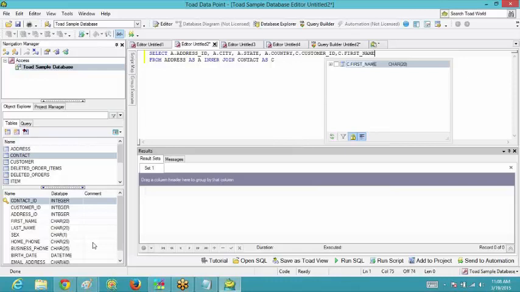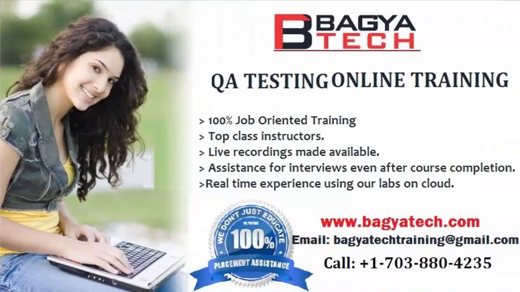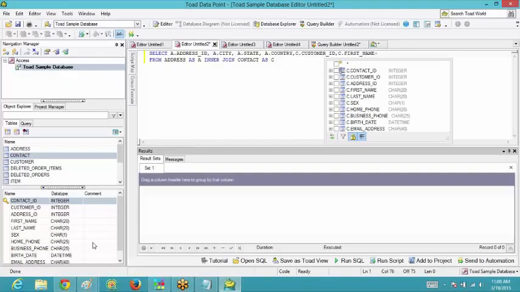Okay, now I don't want the first name and the last name to be in two different columns. Rather, I want it to be in a single column. So what should I do? Yes, I should concatenate the two of them. Okay, so I would use a plus sign. Okay, and then after that, if suppose say you also want a space in between, then you can put a space also.